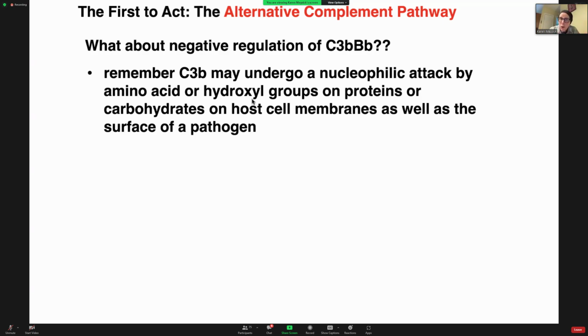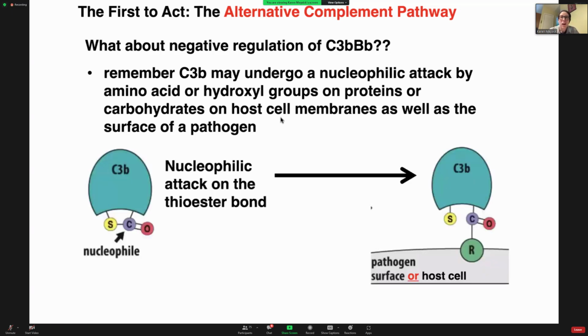If it's close, however, to an amino acid or a hydroxyl group on proteins or carbohydrates, and we were hoping those were proteins and carbohydrates on the pathogen surface, you undergo a nucleophilic attack and you have covalent binding. Well, the problem is that our cells, our host cells, have amino acids and hydroxyl groups on their surface as well. Uh-oh. We don't want